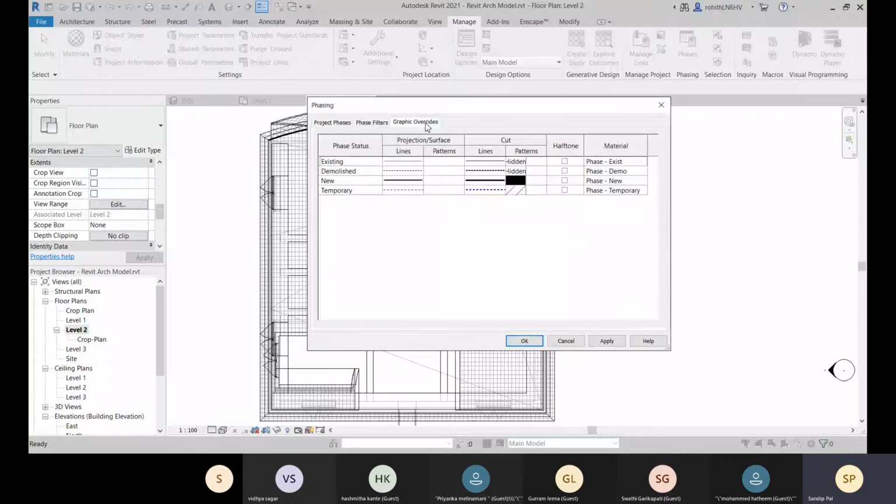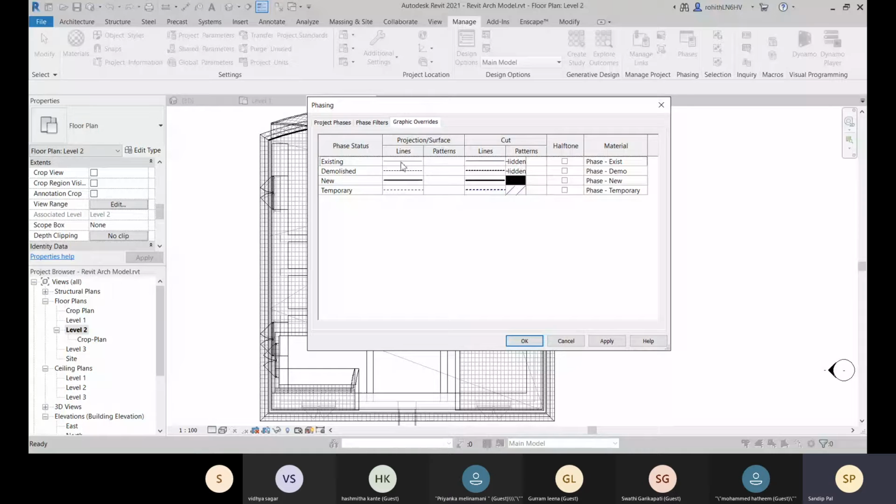You can go for graphics override, and there you can see that when you select this existing, what will be the line types and the patterns you can include. Okay, and this is for cut. The projection and surface is for your 3D views and elevations, and cut is for your plan views.